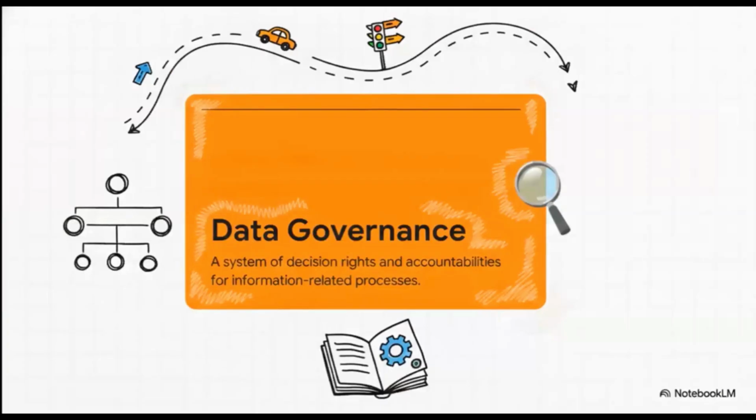What's really fascinating here is how governance is framed. It's not just a list of IT rules, and it definitely isn't just setting up a robust firewall. It is a fundamental system of decision rights and accountabilities. Think of it as the constitutional law of your data ecosystem. It dictates exactly who can take what actions with what specific information, when they can do it, and under what circumstances. It's the ultimate playbook for managing data, not as some byproduct of IT, but as a critical strategic asset